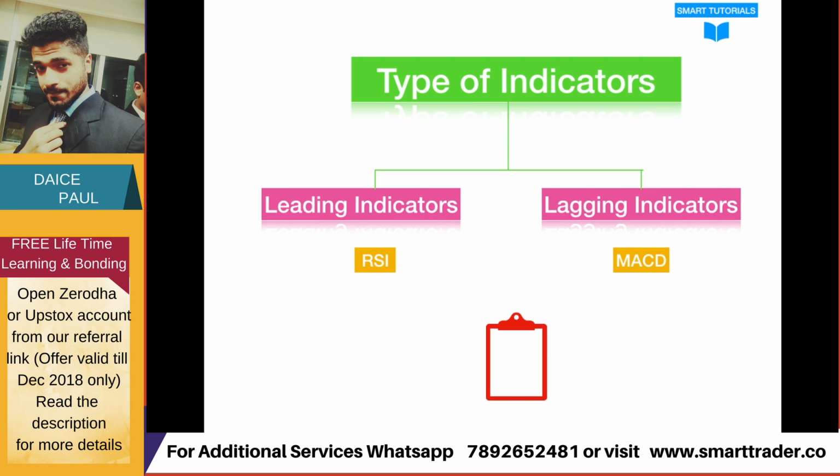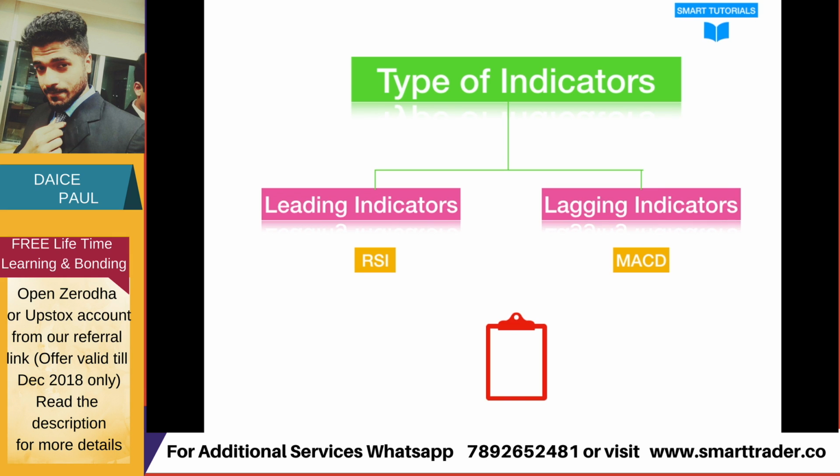So it will not exactly help the way leading indicators do. It will not tell when the stock is going to reverse, when the stock is going to go up or down, but this will give you what has happened and what the trend was till now and what the trend is and how the trend will continue. Comparatively, these lagging indicators will give late signals, compared to leading indicators which have early signals.